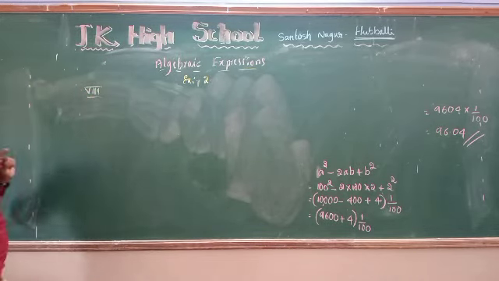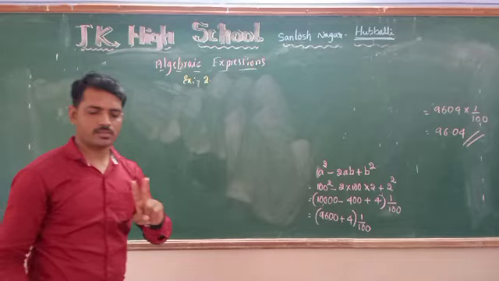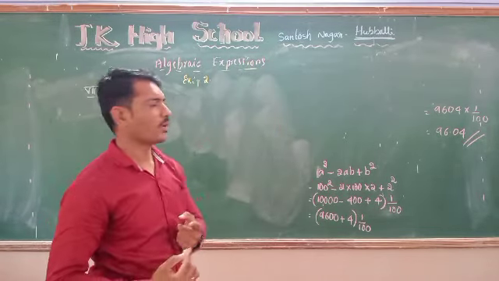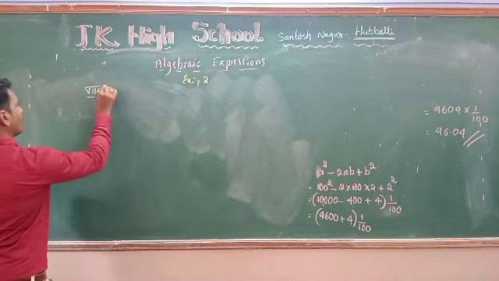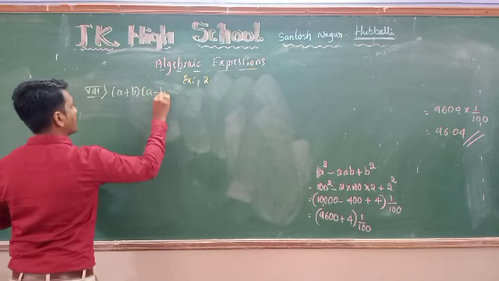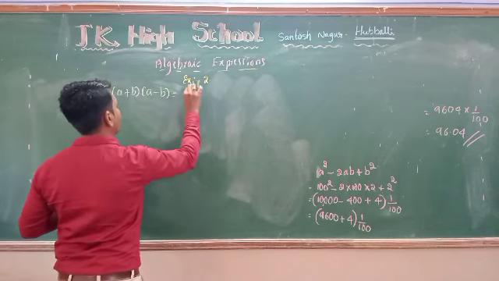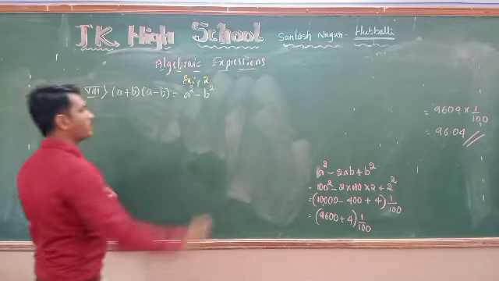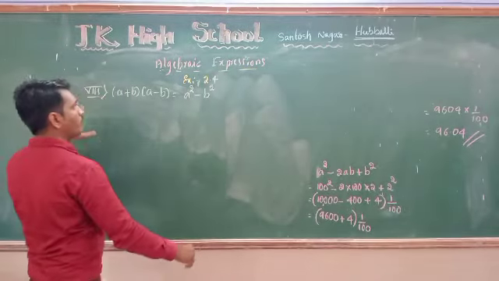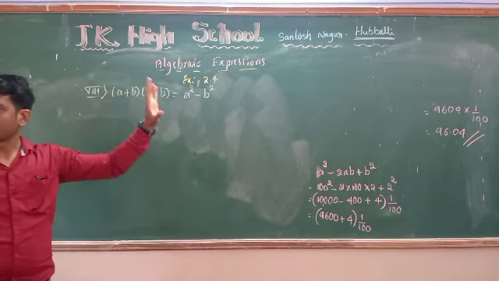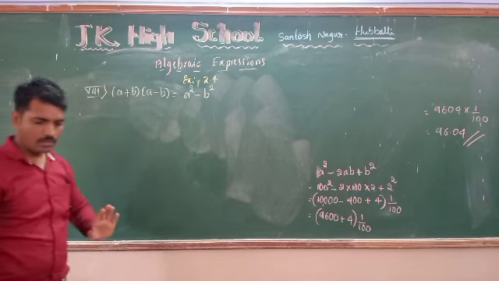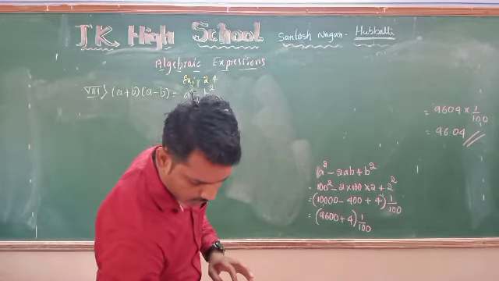8th main. So already we have used two identities, a plus b the whole square and a minus b the whole square. Now we are using the identity a plus b into a minus b is equal to a square minus b square. The full exercise 2.4 depends upon the conditional identities. The 8th main depends upon a plus b into a minus b. Okay, let us go to question number 1.